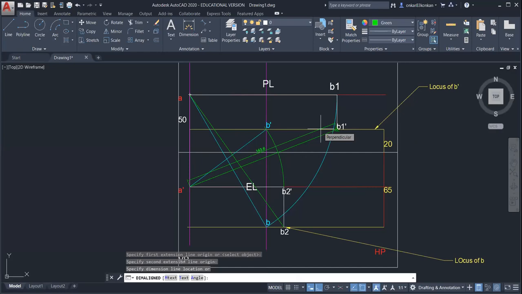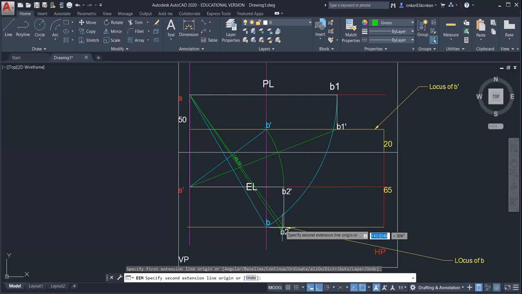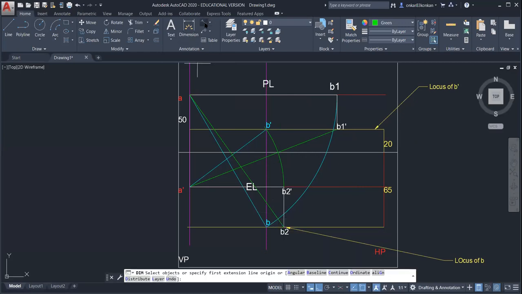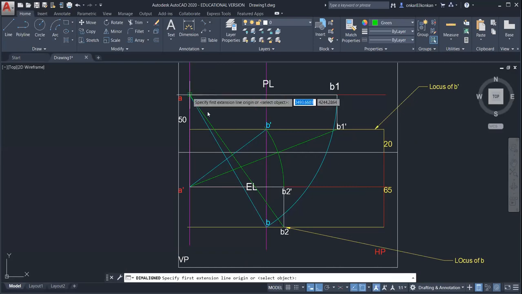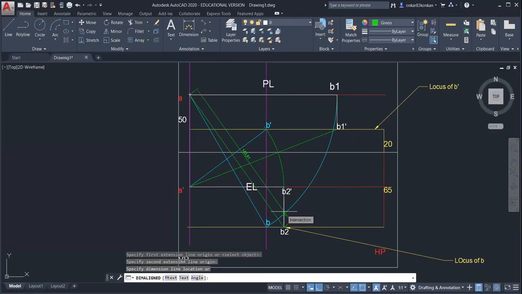So this is 143.6. So it is the same length. So you must get true length in the top view equal to true length in the front view. Okay, so it is 143.6.